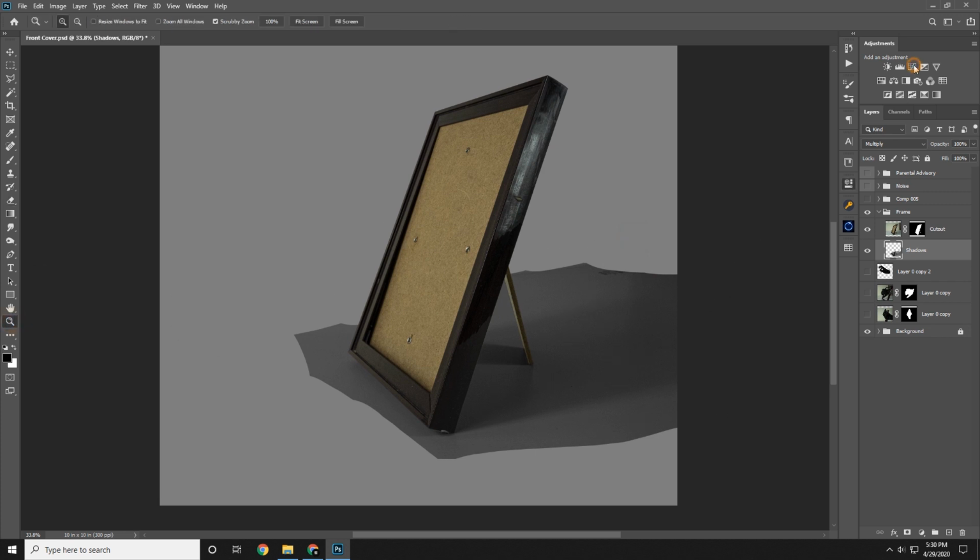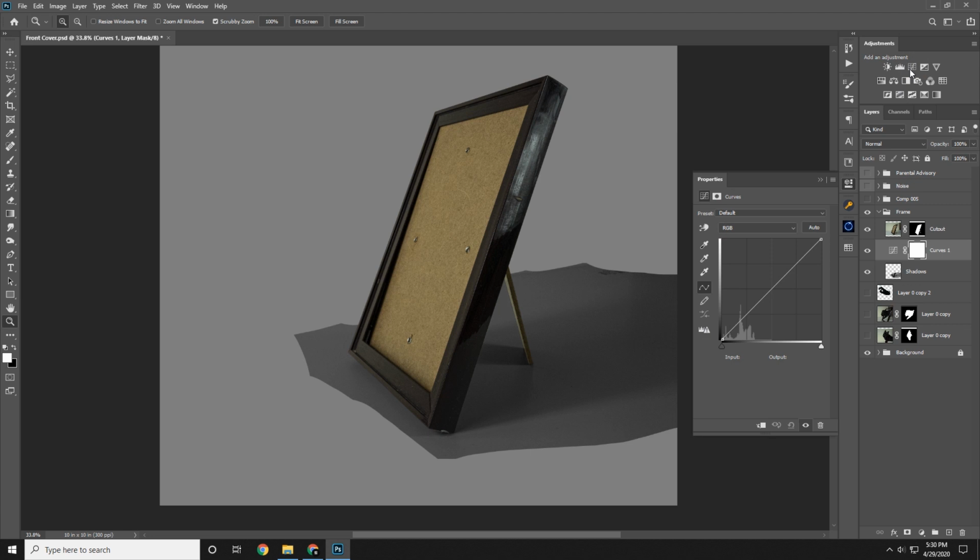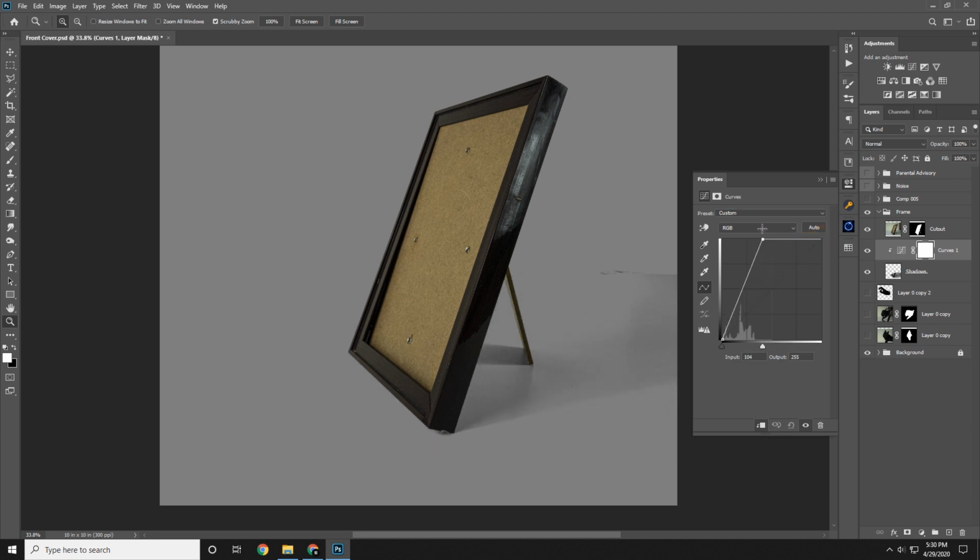So what we're going to do is get some curves, and what this is going to do is add contrast, and the more light we add, the more the light disappears. And it brings out our shadows only. So we're going to create a clipping mask right here, and let's bring up the highlights so you can see what that does. Now it's only